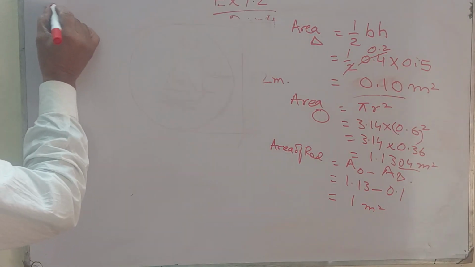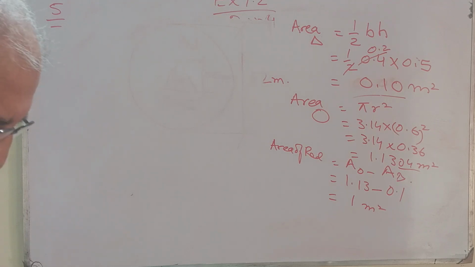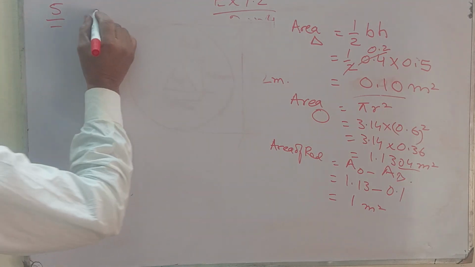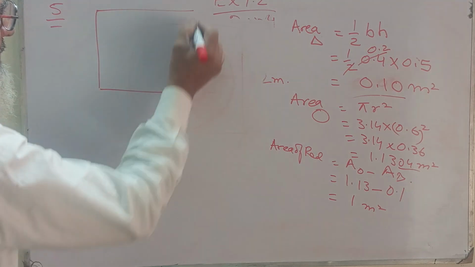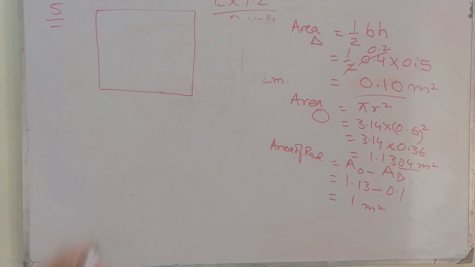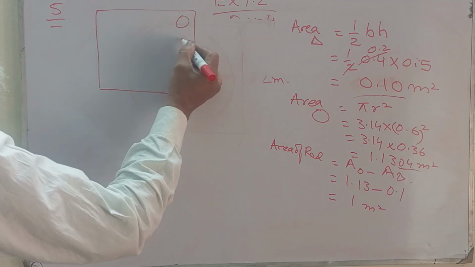Now question number 5 of the same exercise. 16 identical circles are to be cut from a square sheet. Now we have a square sheet, maybe of a chart paper or whatsoever it is. Now we have to cut